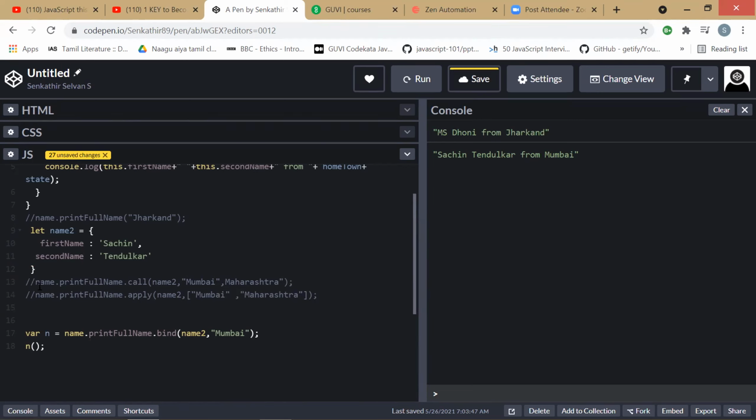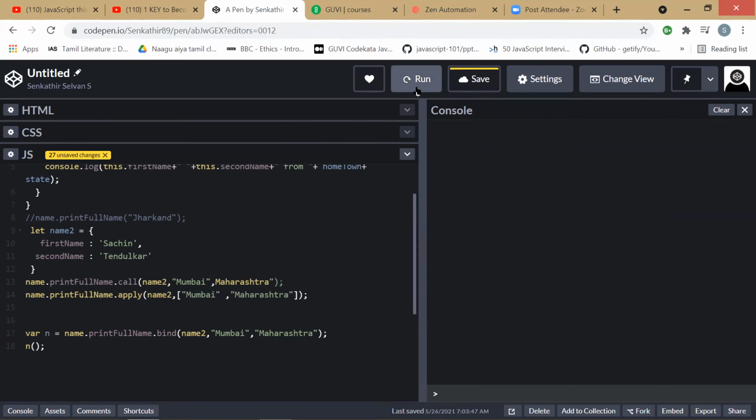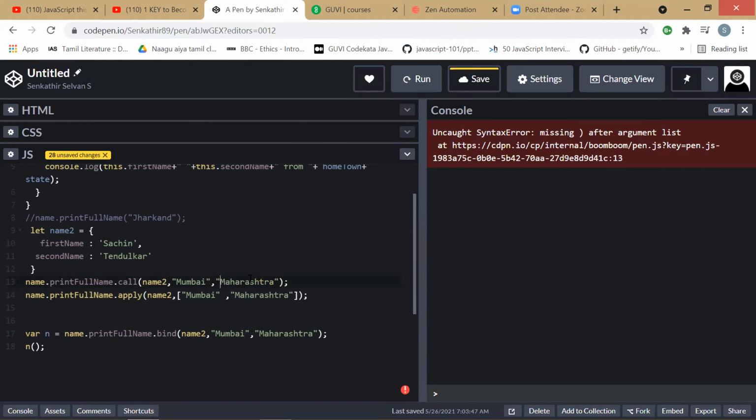So here also, just by giving a comma, we can add another. Okay, fine. If we run this, actually here I didn't give quotes.